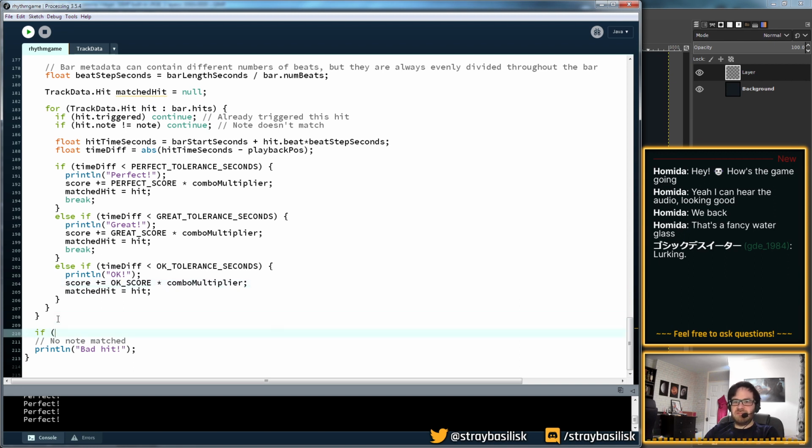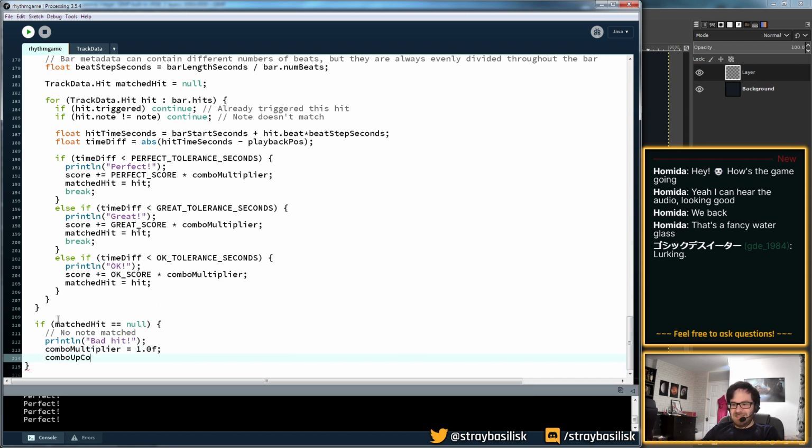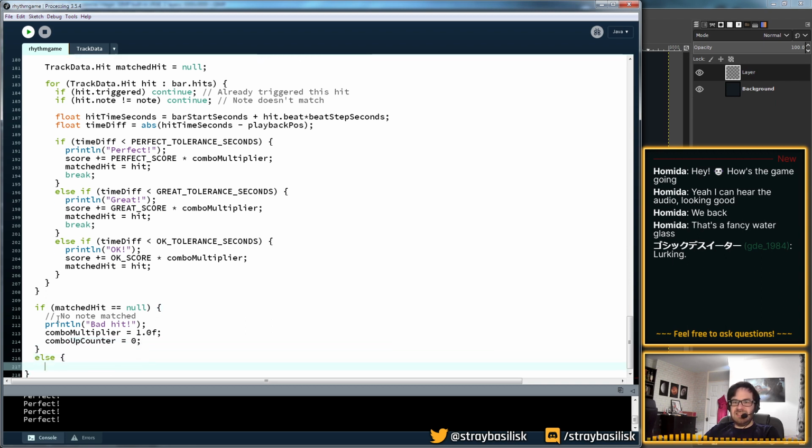And now I can say if matched hit is null, then it's a bad hit. We can also then set combo multiplier to 1, and we can set the combo up counter, is that what we called it? Also back to 0. Else we did hit something, so I can say matched hit